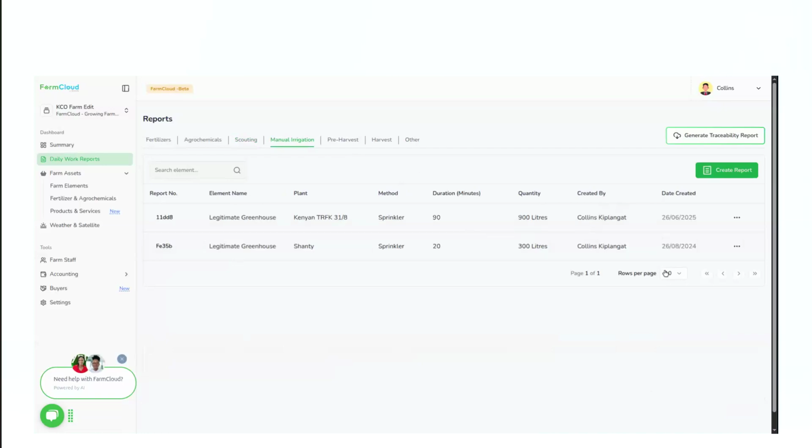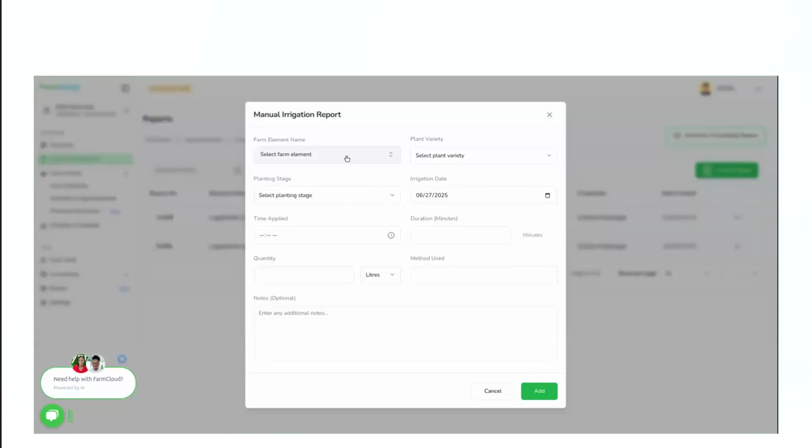So under scouting reports, manual irrigation reports. On the report itself, when you're creating the report, it's the same step as we have done the others. So you have to select the farm elements. You select the variety, the planting stage,